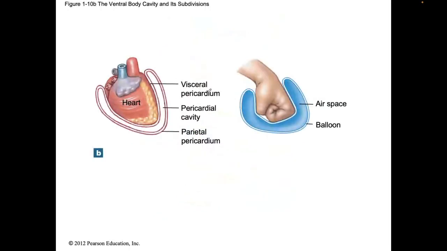So now that we have those cavities down, we're going to be talking about two main layers. One is called a visceral layer, and the other is called a parietal layer. If you look at this person's fist on the right-hand side, going into this balloon, right? When it pushed into a balloon, it kind of creates two layers. It creates the one that comes into direct contact with the fist, and if this was the heart, this would be